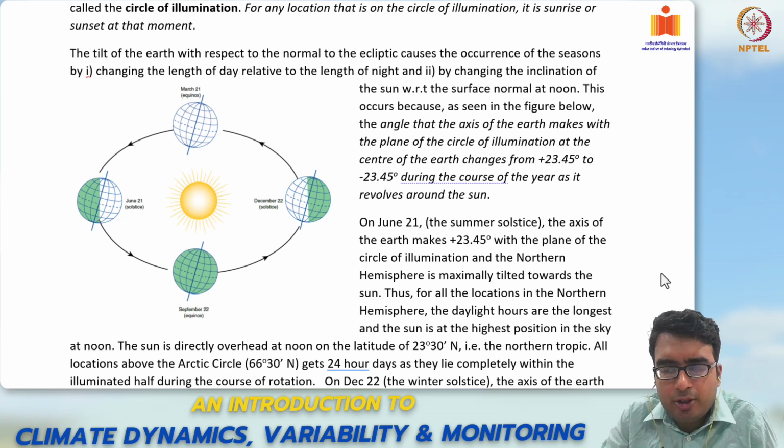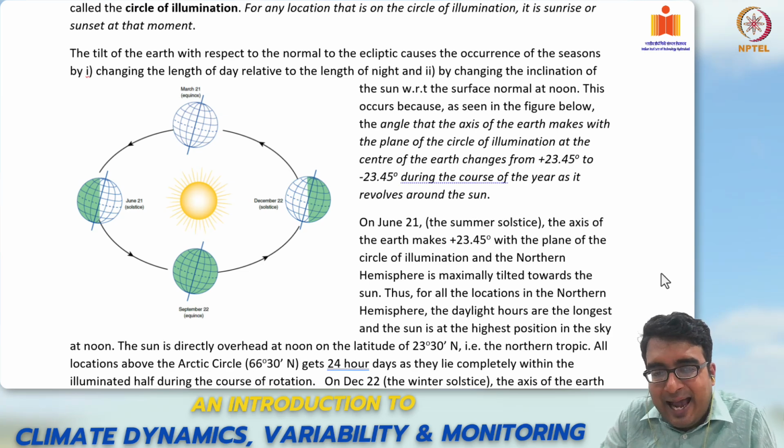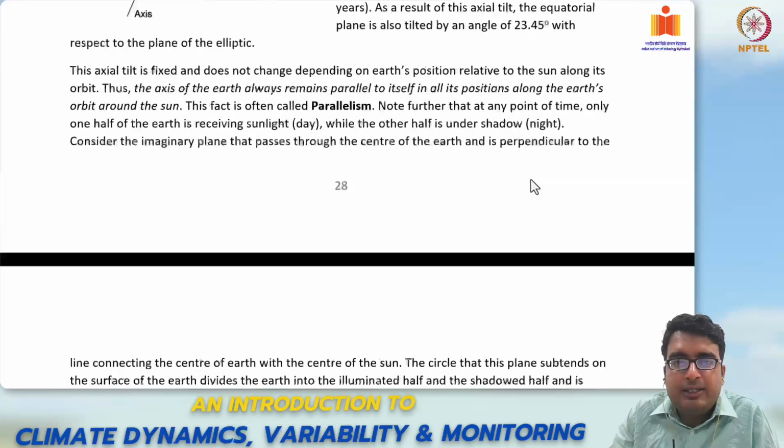And welcome to our continuing discussions on climate dynamics, climate variability and climate monitoring. In this class, we will continue our discussion on the previous topic on how the angle of inclination between the axis of the earth and the circle of illumination is giving us the seasons as the earth revolves around the sun. As we saw in the previous class,